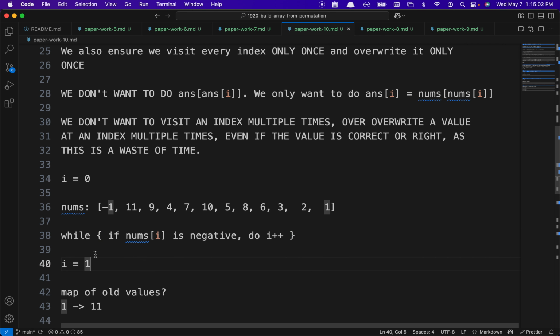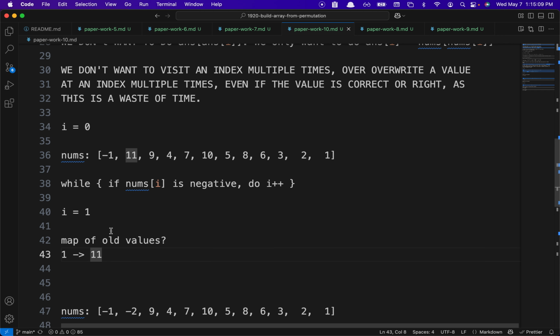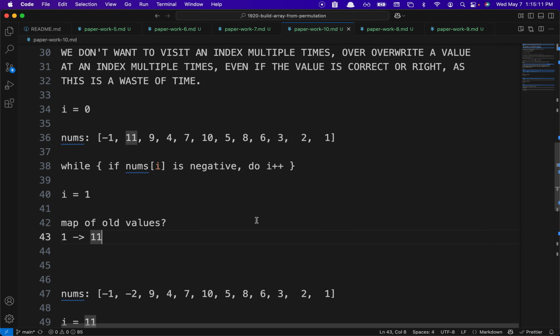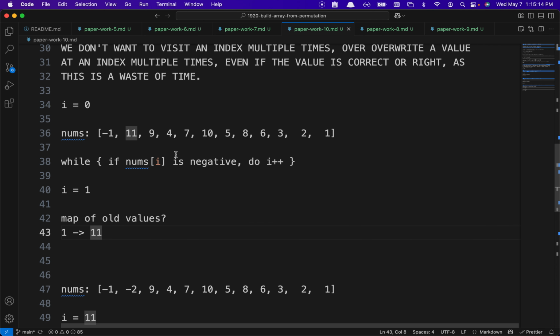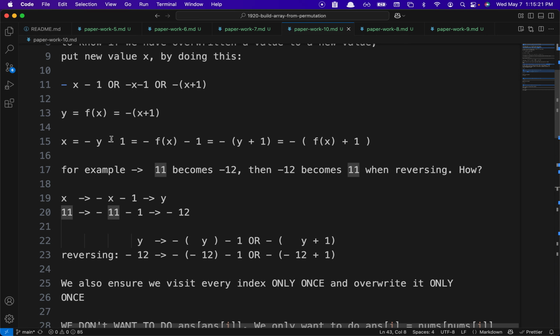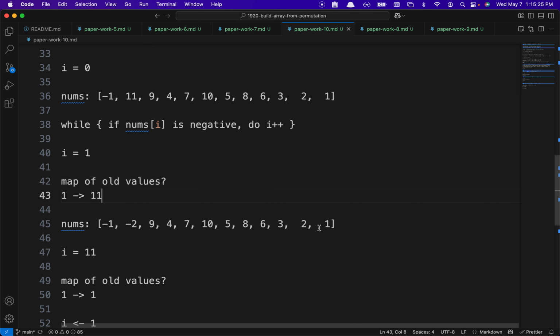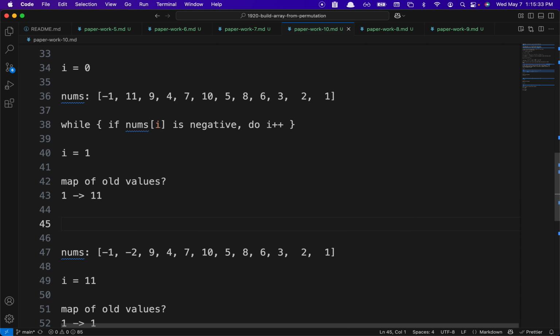Now next we say 1, it has become 1. So for 1, we say the value of 1 points to 11. Now 11 has 1, so you are going to overwrite it. When you overwrite, instead of saying 1, you're actually going to say minus 1, which is minus 2. So you say that, and then you have the old value here, 1, 11, right? So next, you actually say I points to 11,